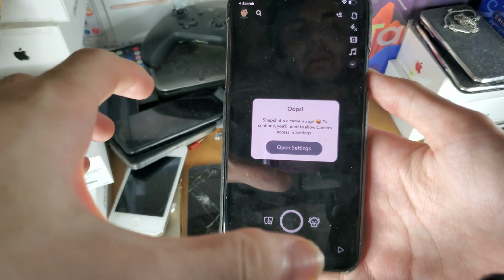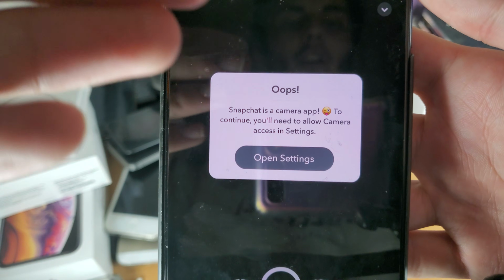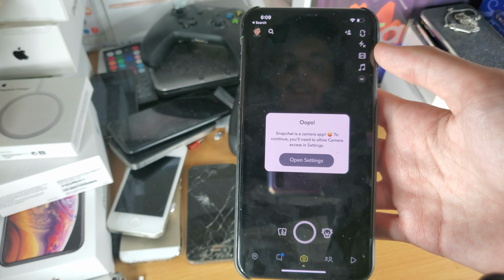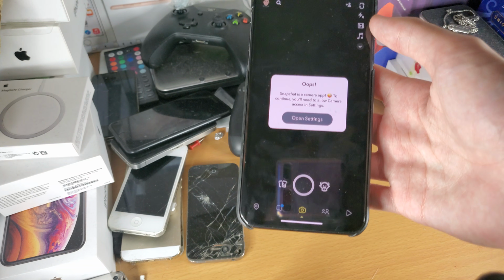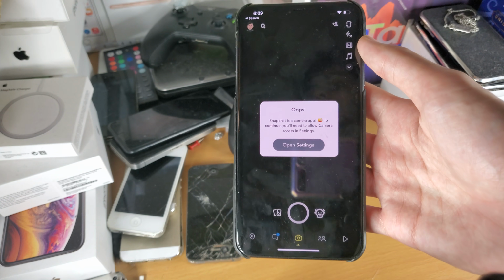Welcome everyone. You might be in a situation where when you try and open up Snapchat, you see this pop-up right here. "Oops, Snapchat needs camera access. To continue, you'll need to allow camera access inside the settings." And in this video, I'm going to show you how to easily fix this error and enable camera access on